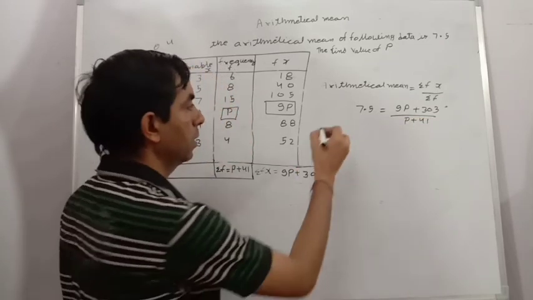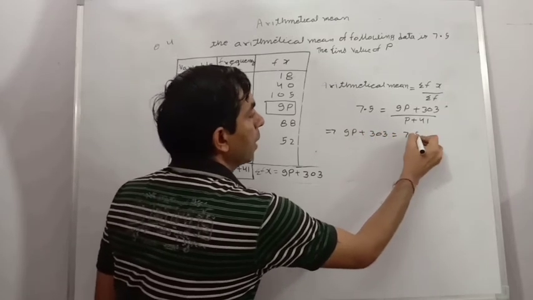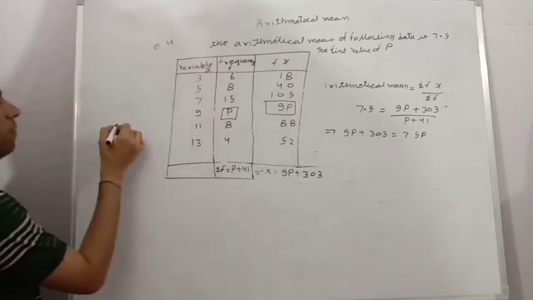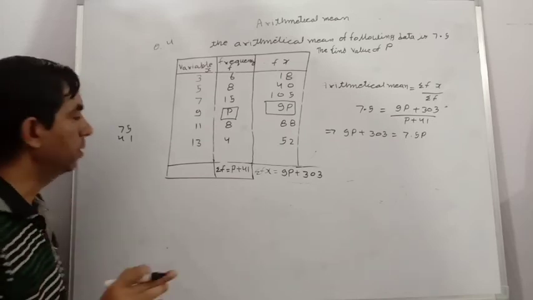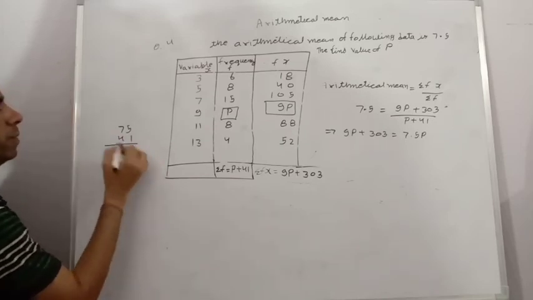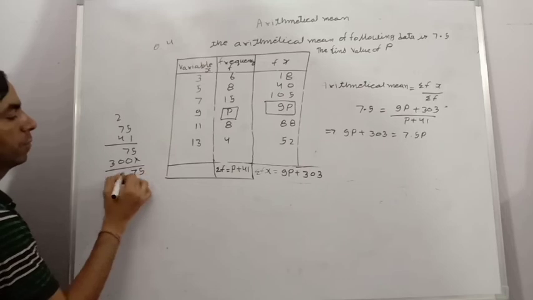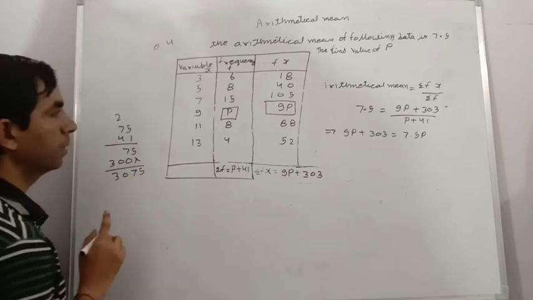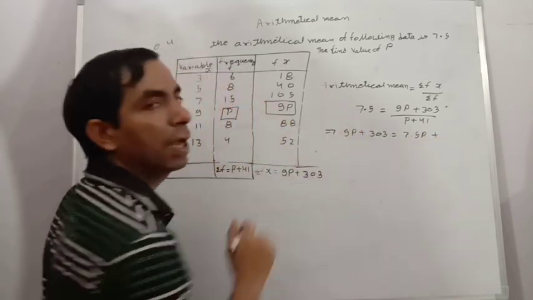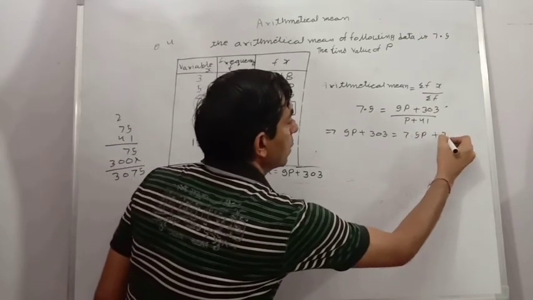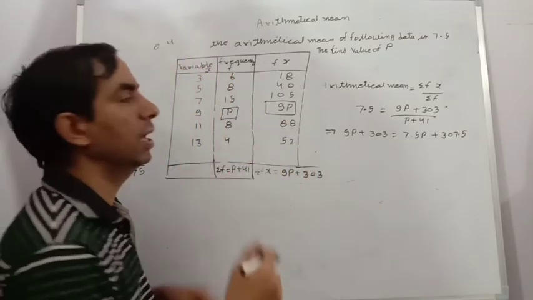Now we do the cross multiplication. Then we get 9p plus 303 equals 7.5 times (p plus 41). Now we multiply 7.5 by 41. Generally, do not take any tension because of the decimal. First we multiply 75 by 41, and our answer is 3075. But the number has one decimal, so we put the decimal after one digit from the right: 307.5. Now we take the alphabet on one side and all other numbers on the second side.